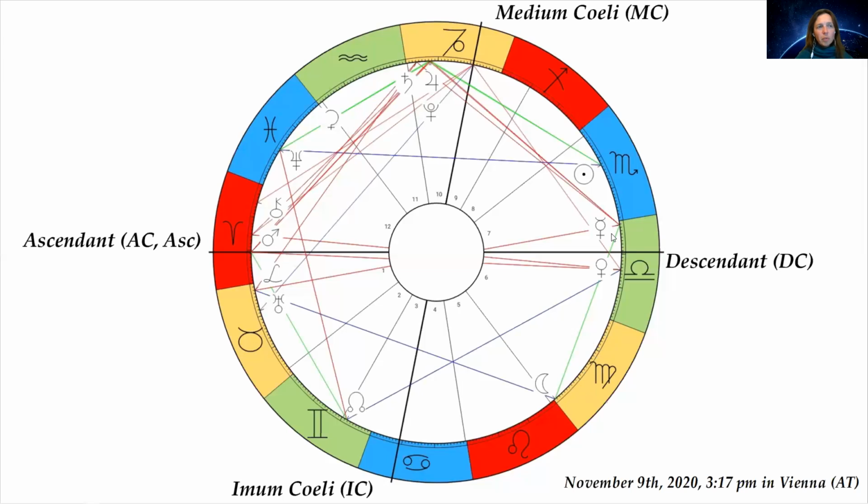So 60 degrees would be a sextile, and then 120 degrees, like here between Venus and the North Node, is called a trine. And here between Mercury and, say, Saturn, we have a square, which is a 90-degree aspect,